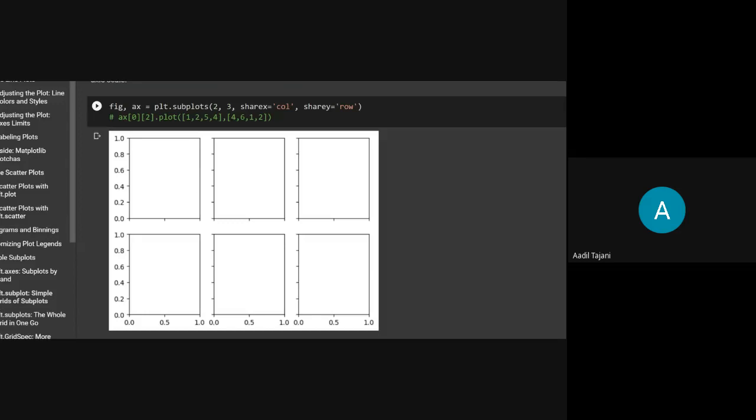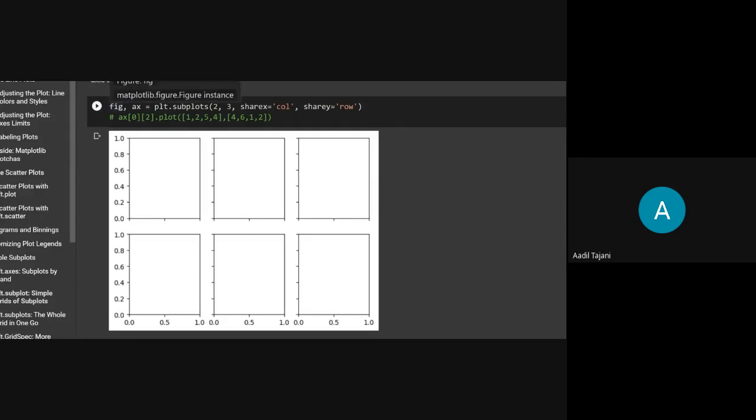So this is all. Now we have created the subplots, but we want to actually plot some data in those subplots. As we saw earlier, we used plt.plot because we were using only a single plot, a single figure, but now we have created subplots. As you can see here, we have passed this in figure comma axis.